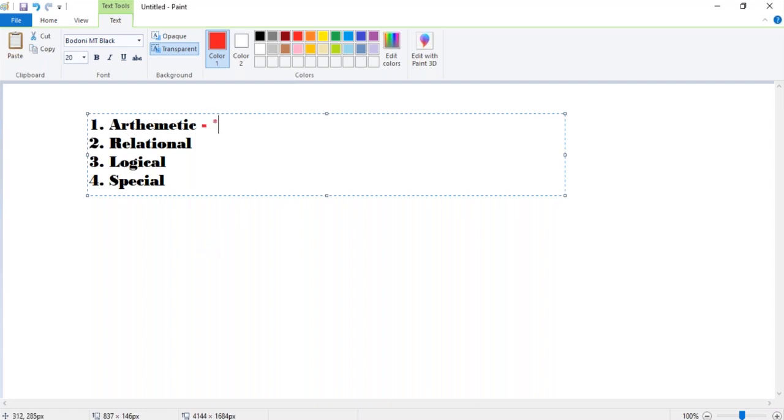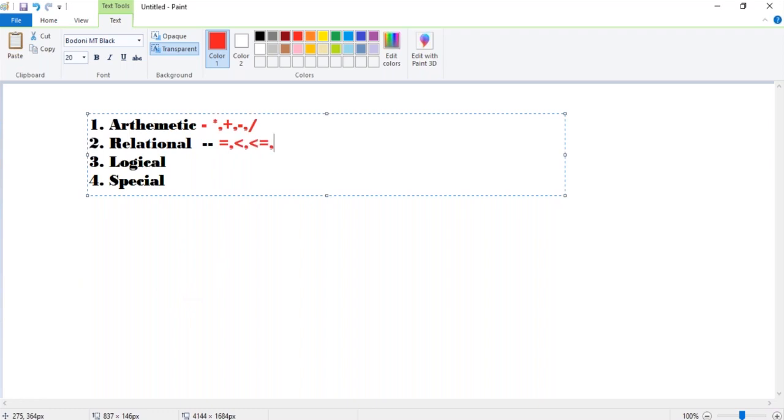When we come to arithmetic operators, as we know, we have multiplication, addition, subtraction, and division. Those are the arithmetic operators.